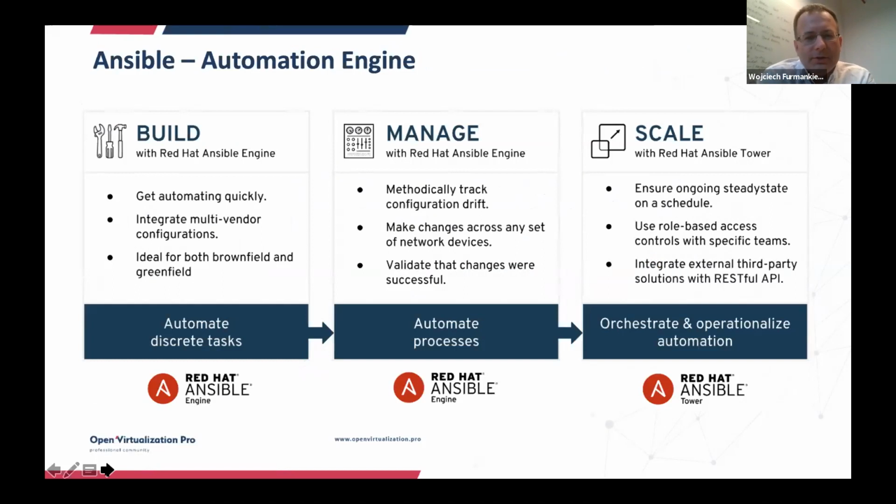So you see three boxes here. If you start from the left, you can quickly build a playbook and run some configuration changes or some automation on a few hosts. Then you can manage it better, where you build a repository of playbooks, etc. So you have processes automated well. And when you reach a certain scale, you may use Ansible Tower. Ansible Tower, which I'll show you in the demo today as well, is a management interface for all your Ansible automation in a data center.